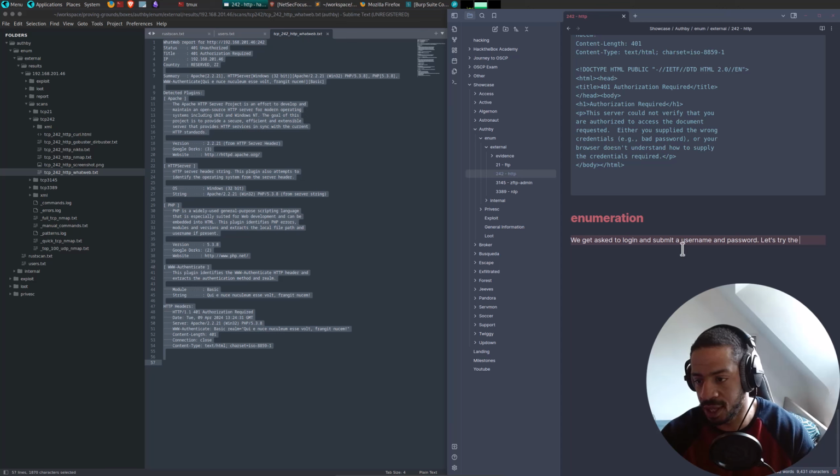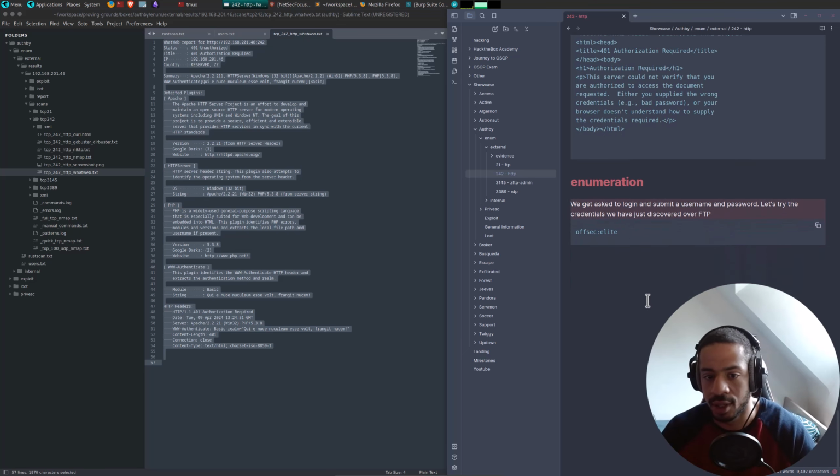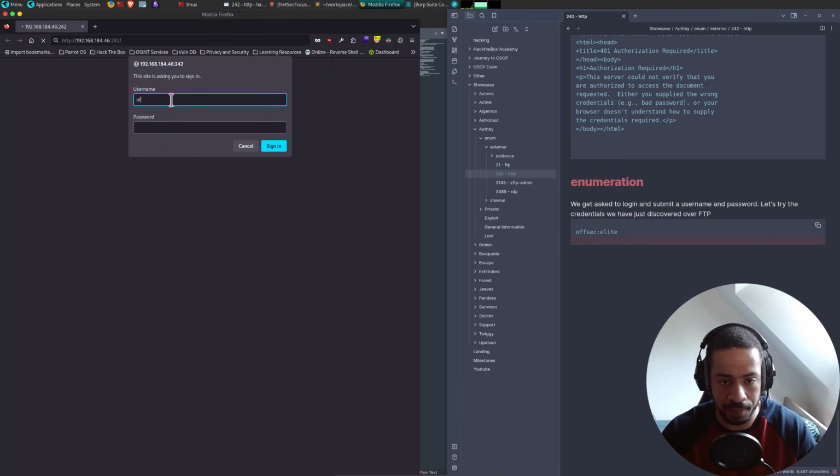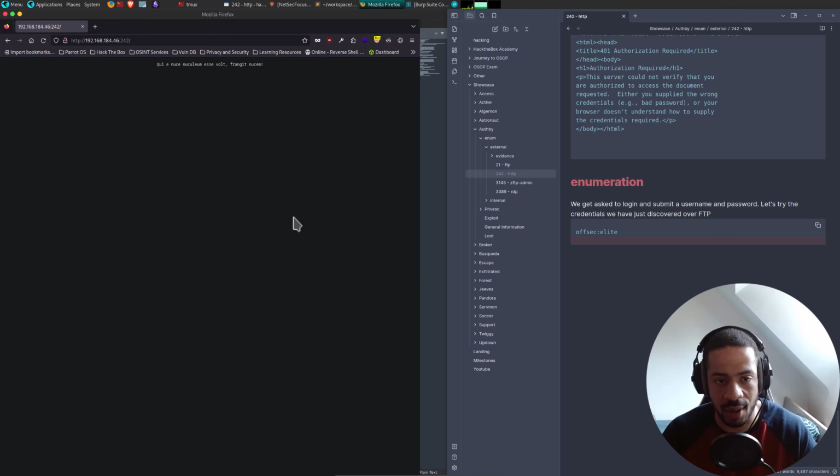Let's try the credentials we have just discovered over FTP. And that was OffSec Elite. So let's try that. And there we have our index.php.